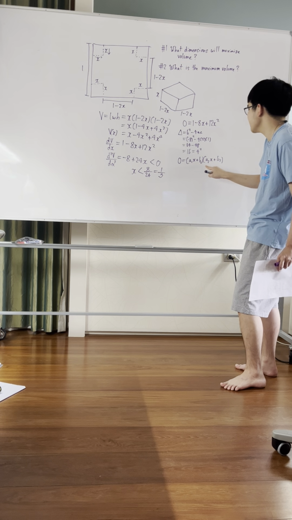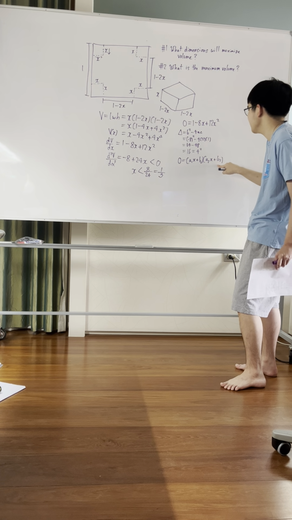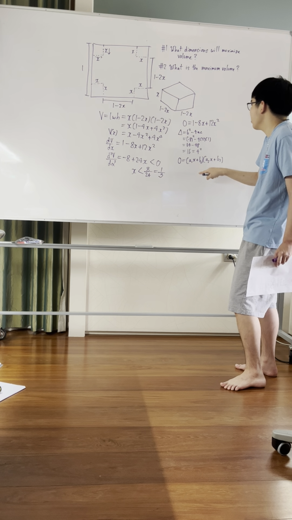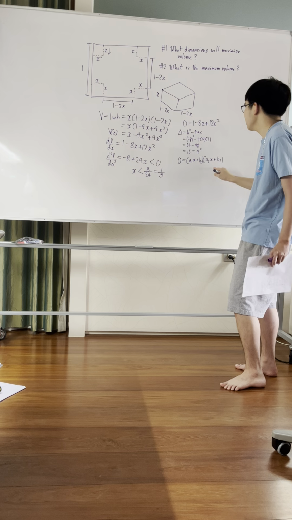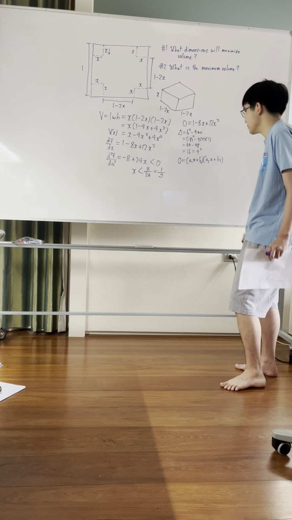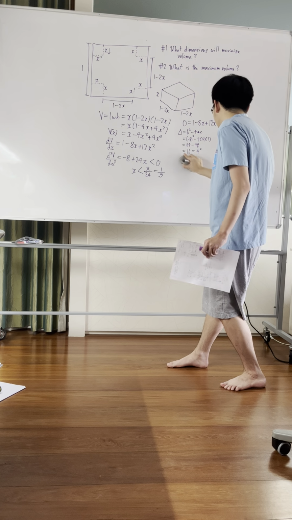So what two numbers a1 and a2 multiply together to be 12? What two numbers b1, b2 multiply to give me 1? And what are these numbers such that when you multiply and add the linear terms together, you get minus 8? There's only one answer that works for that, and that is,